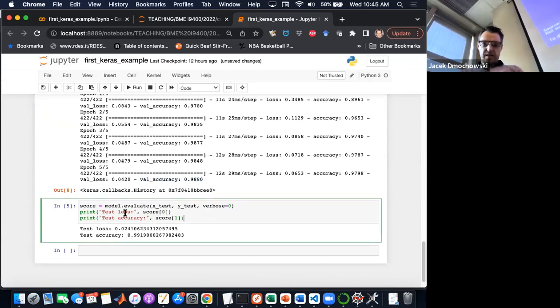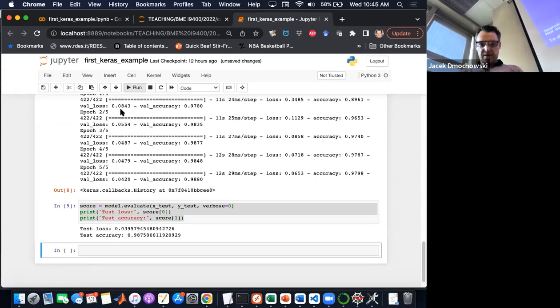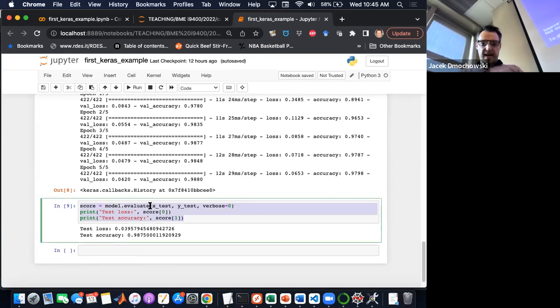And then this is kind of the fun step. This is where, if you're playing with your data, this is ultimately all that you care about: you want to evaluate the model that you just learned on your test set. So you run that. Evaluate is a method or a function of the model class in Keras. And model has all the coefficients of our neural net. So it knows how to take our feature vectors and make a prediction of the label. So you see here that it predicted the test set with 99% accuracy, which seems